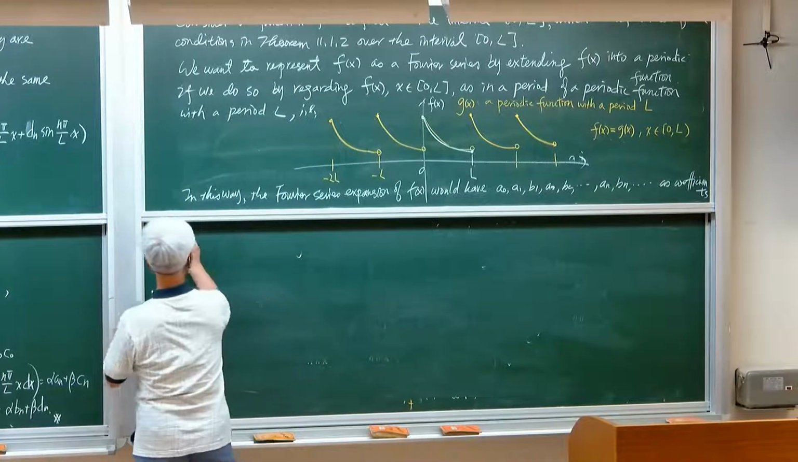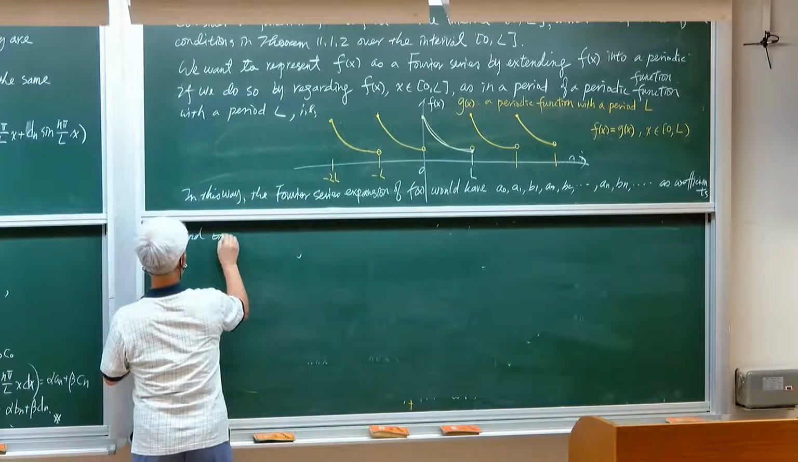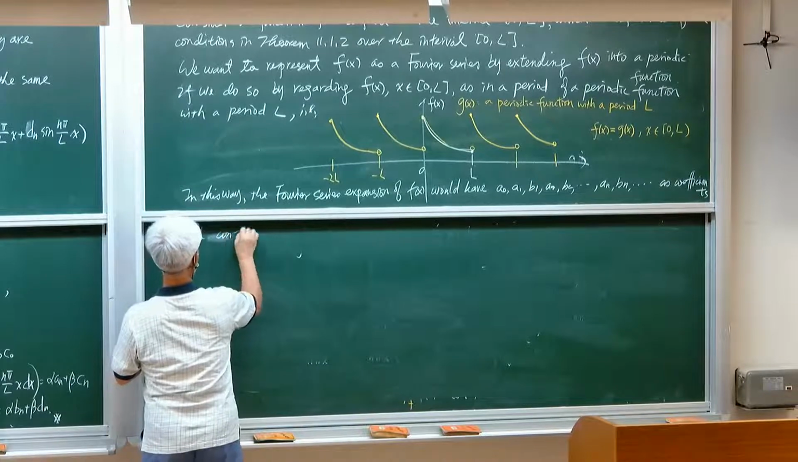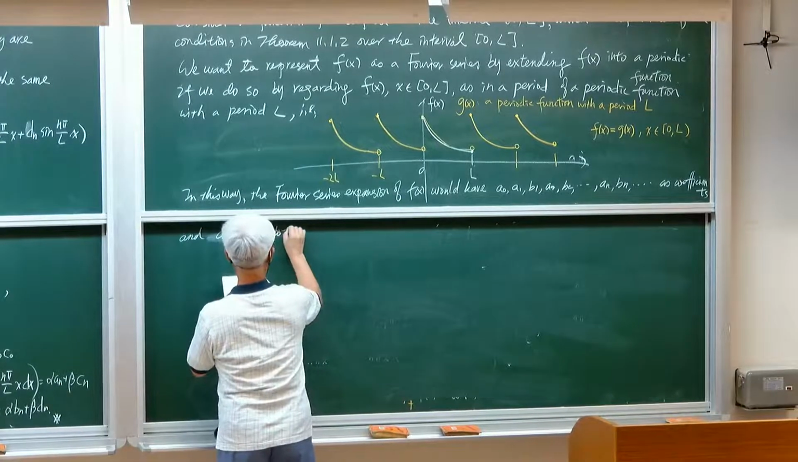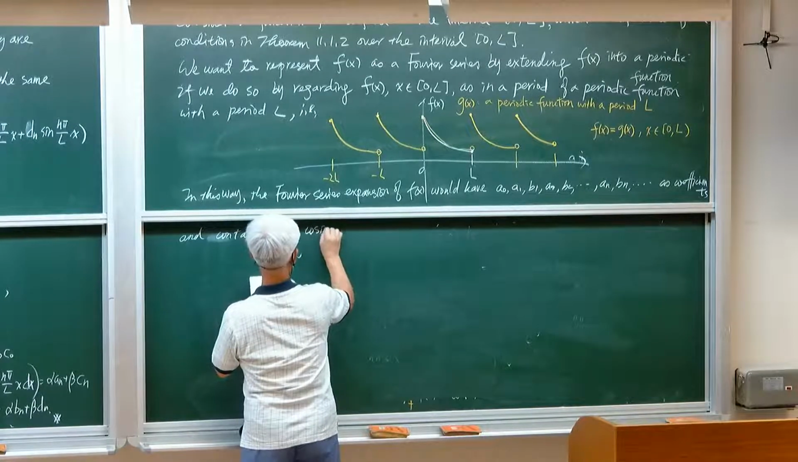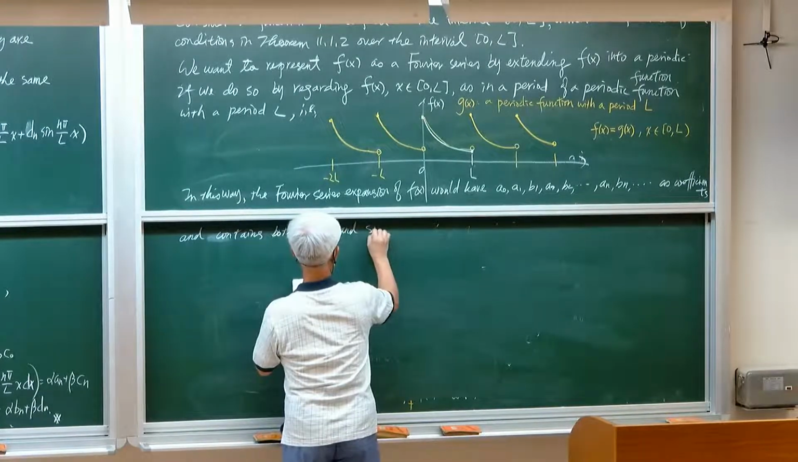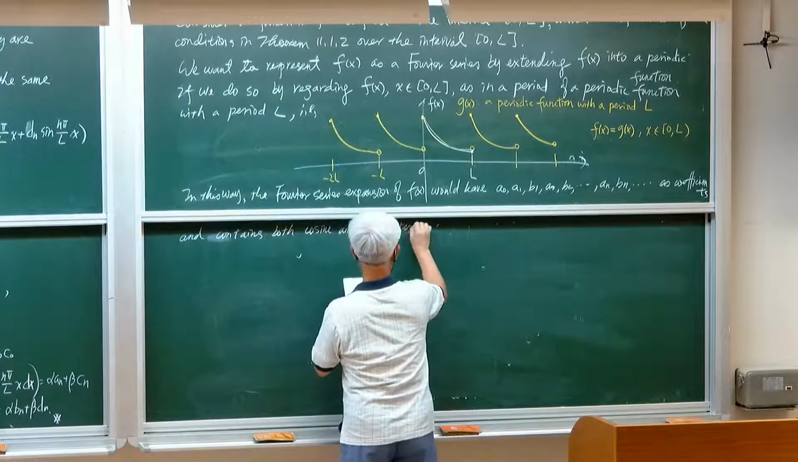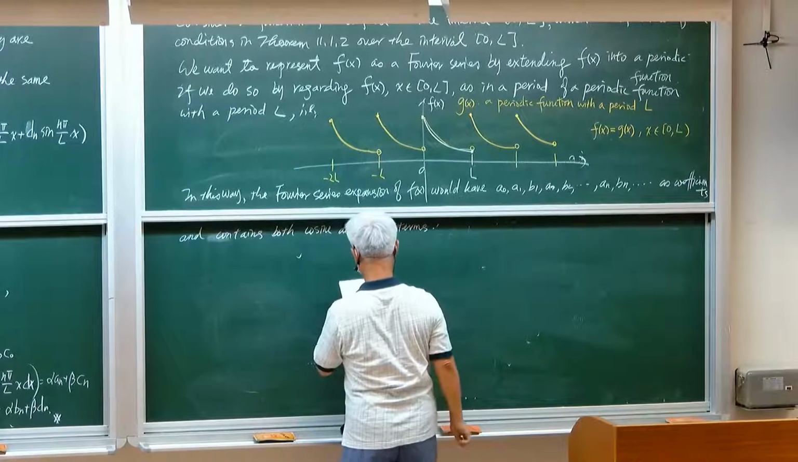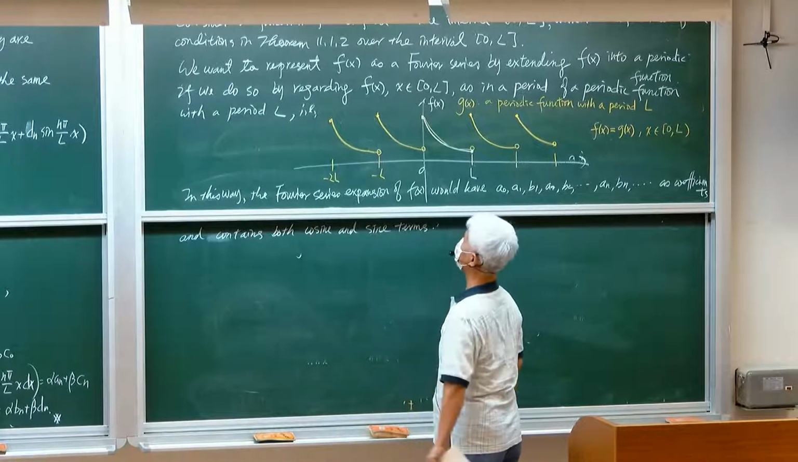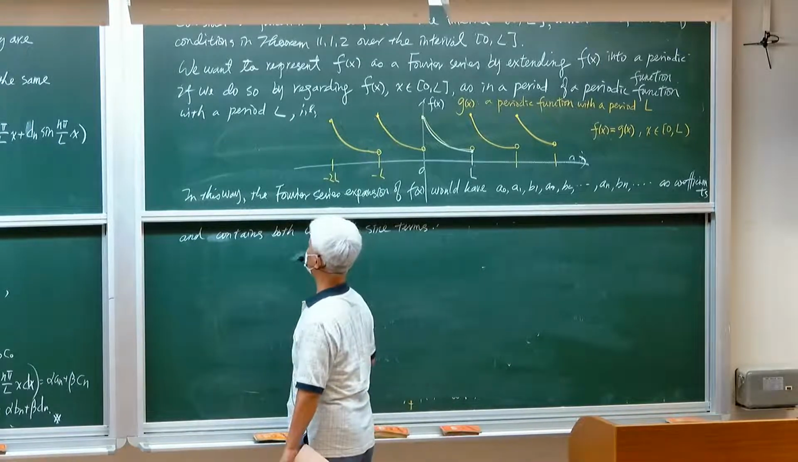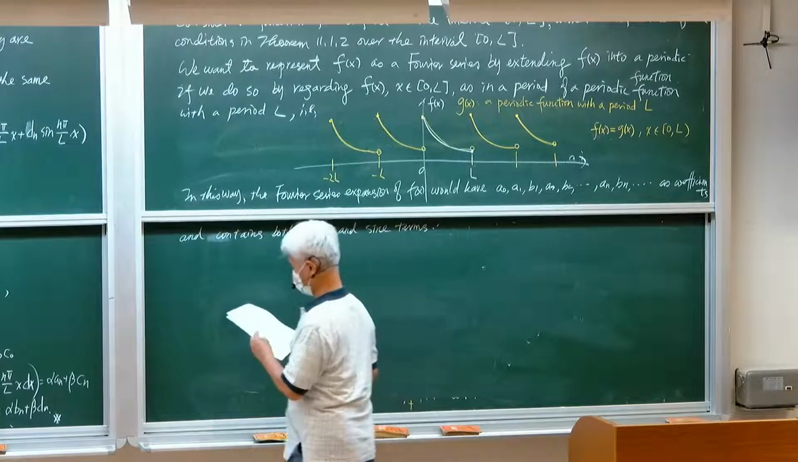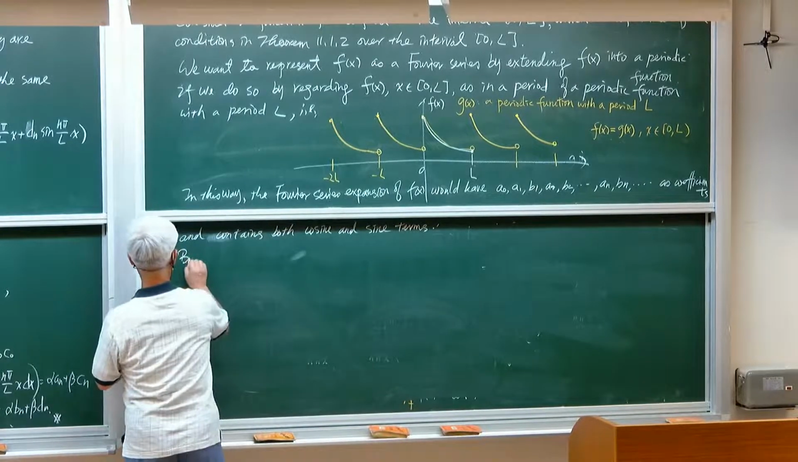Okay, so these contain both cosine and sine terms. So this is one way to do it, but we can simplify